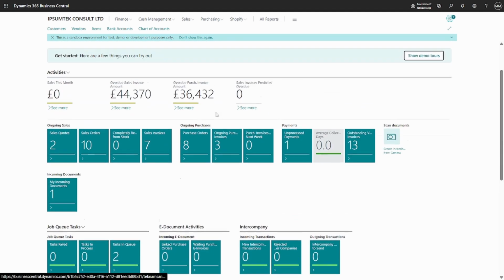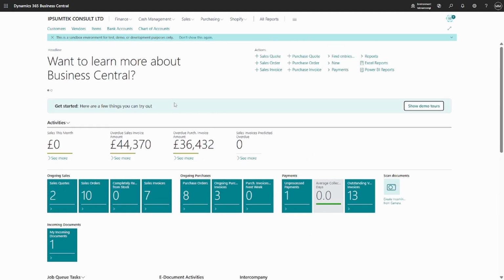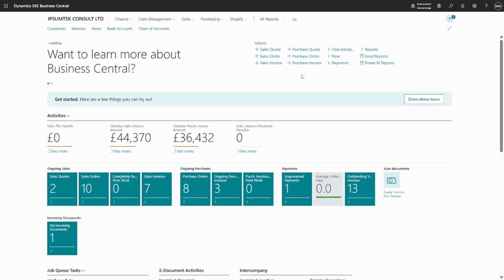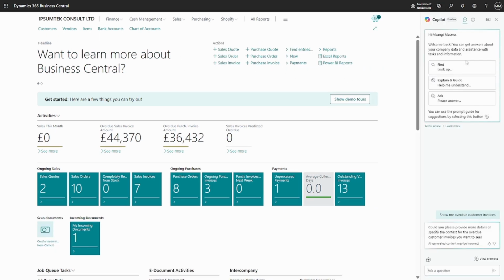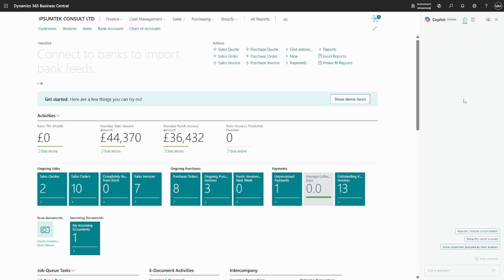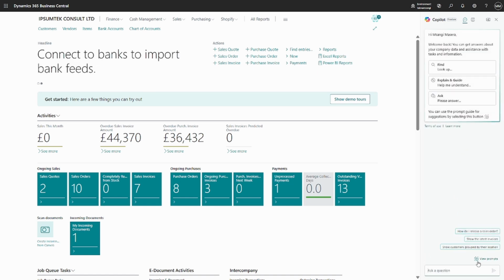So this is just a sandbox with the basic Cronus data. And of course, it is already telling us that this is a sandbox for test, demo or development purposes only. In the sandbox, you'll definitely find a General Copilot. This is a General Copilot. Let me click on a new window, and it is giving me sample prompts like,